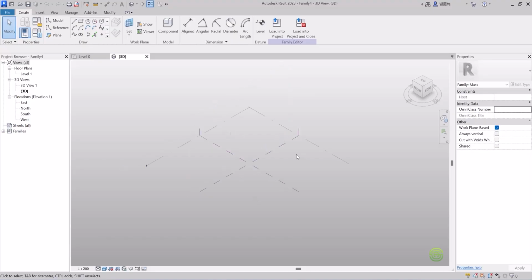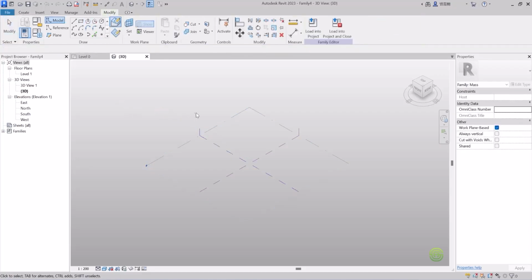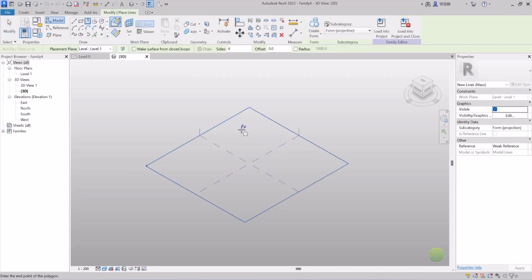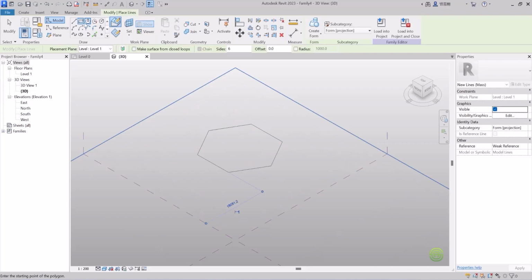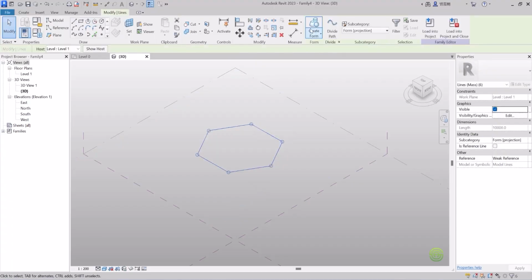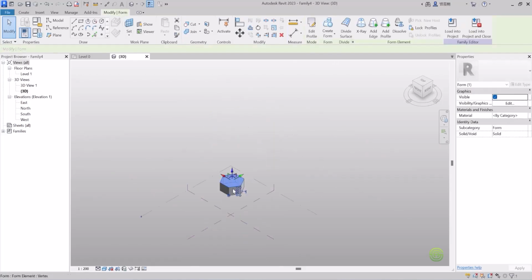To create a form, we can click on any tool, select this horizontal plane, and then draw a shape like this, even using a line or a rectangle or anything you can make. And here, just select the profile and convert this to a solid form,